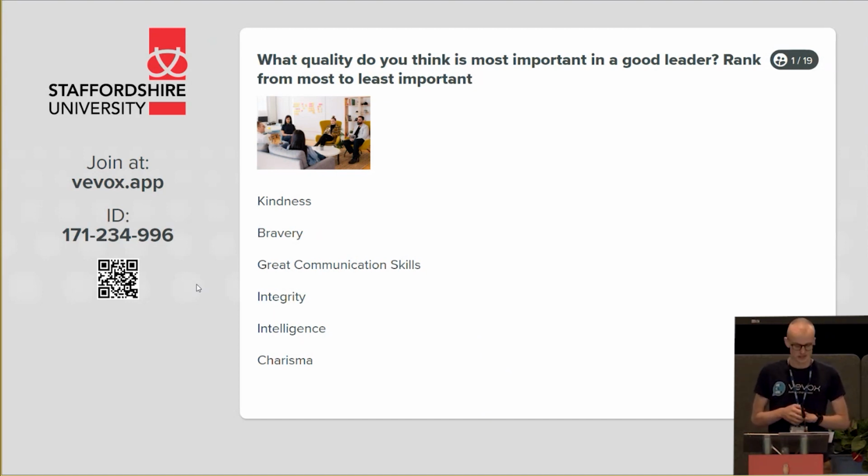This ranking poll type is a really good way to democratize your classes or lectures. I've talked to a few lecturers that leave a free session at the end of their semester or term, just for the students to tell them what they want to go over and relearn. And they'll list some topics in this ranking poll type, and the students will have their say in what they most need to go over again.